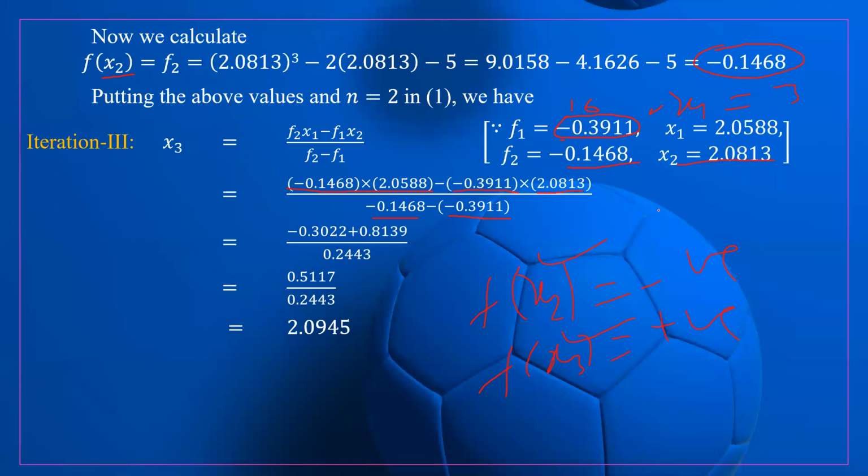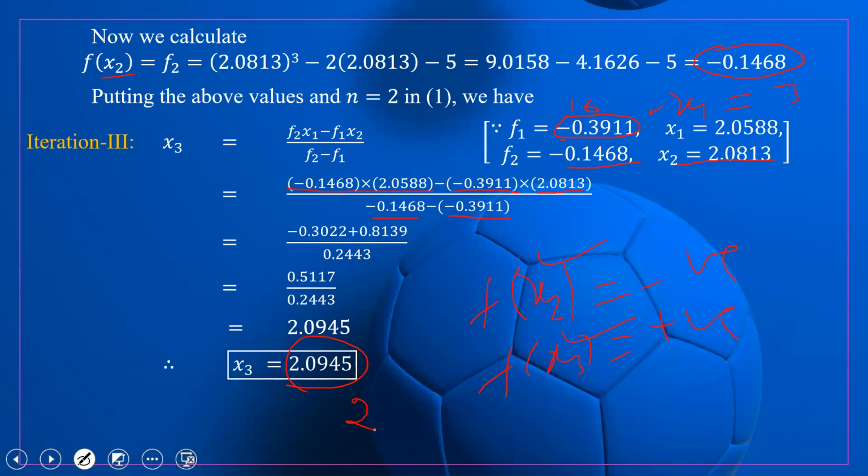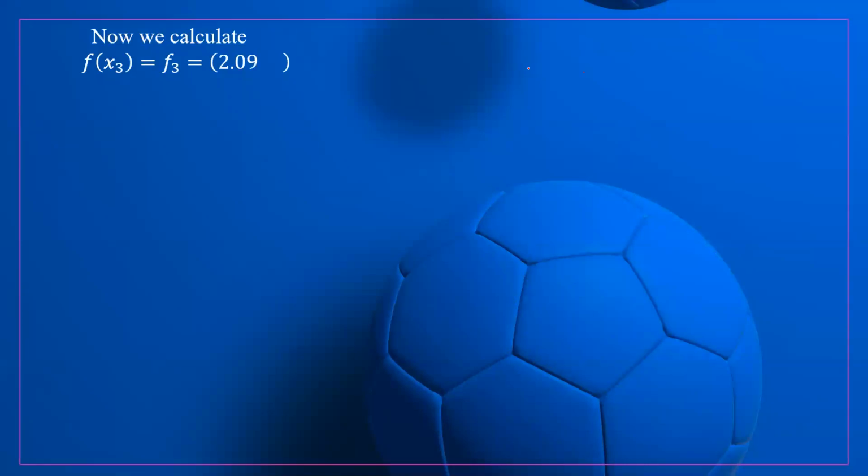But now everybody knows what the procedure is. In this process we try to find the roots, and then definitely we will get to the result. Actually this is not correct, that's why we are getting a different value, 2.0945. It should generate 2.08 something. Similarly, we can calculate in the same manner f of x3, but because the value has already been calculated wrongly, the remaining part will definitely be incorrect. But let us see what the procedure is.